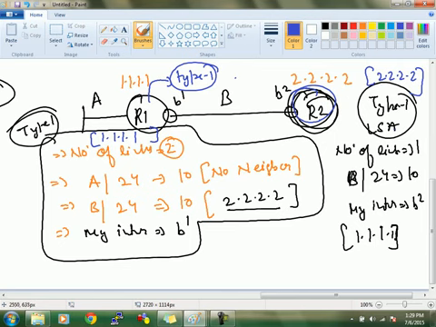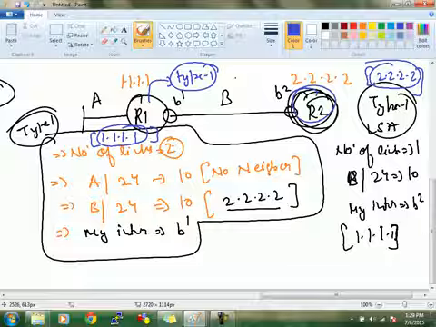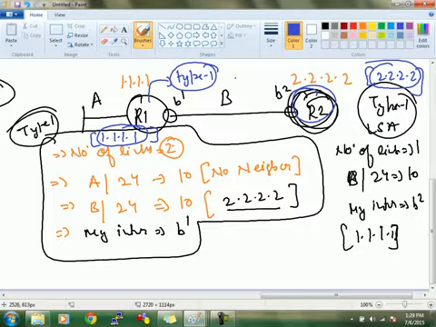Now R1 will mark its LSA with the router ID and this LSA with the router ID. Fine. This thing is clear. कोई issue किसी को? In the end, after exchange of updates, how many LSAs R1 will be having? 2. How many LSAs R2 will be having? 2. Agree? Now R1 has to use, or we will discuss from the R2 point of view, R2 has to use this LSA and this LSA to build its